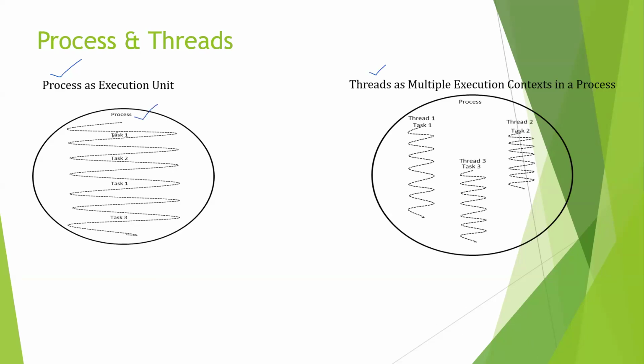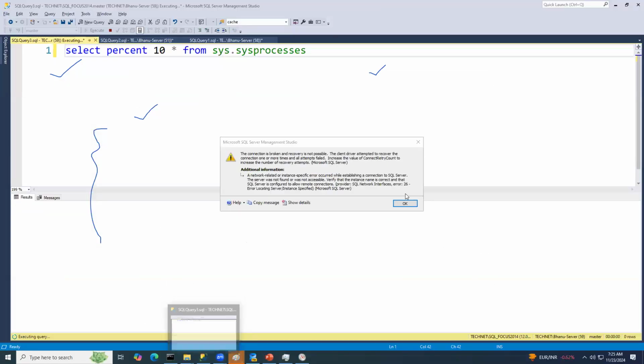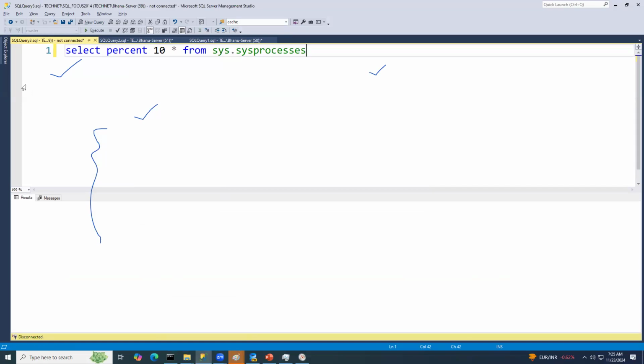So in this process, you will have multiple tasks. Let's say, for example,